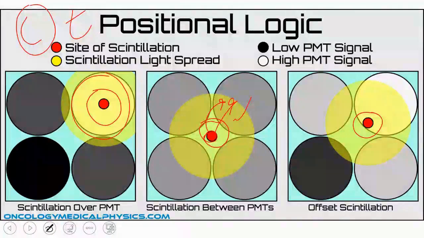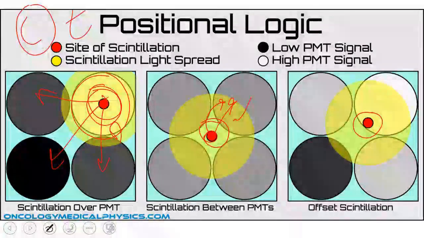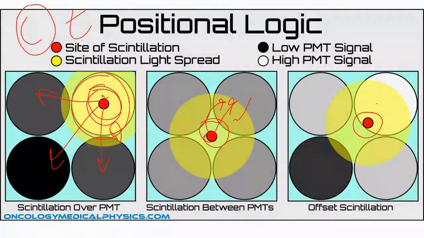For him, every photomultiplier tube that receives a signal starts calculating the distance here, the distance here, the distance here, and the distance that reached here. Then, using a specific equation and certain calculations, he begins to determine the location of the scintillation. In the end, he will have a map on the crystal itself that shows you the areas where scintillation occurred, which represent the points coming from the gamma photons emitted from the patient's body. All right, now the point is,